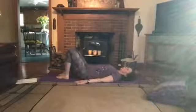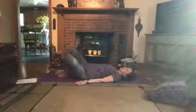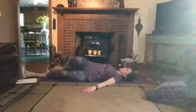Keep your knees bent. And then bring your legs down to one side. You might need to readjust your shoulders so they're both on the ground. If one of them lifts too much, you can always put a pillow there. And then straighten the bottom leg and bring your hip up. So we're having a nice mid-back